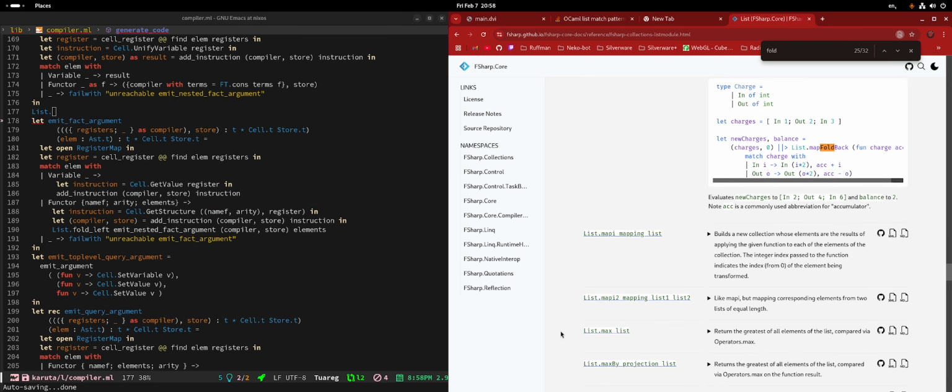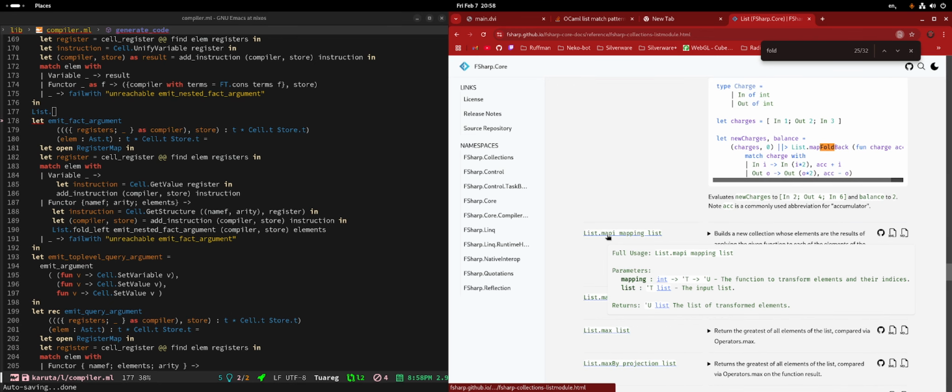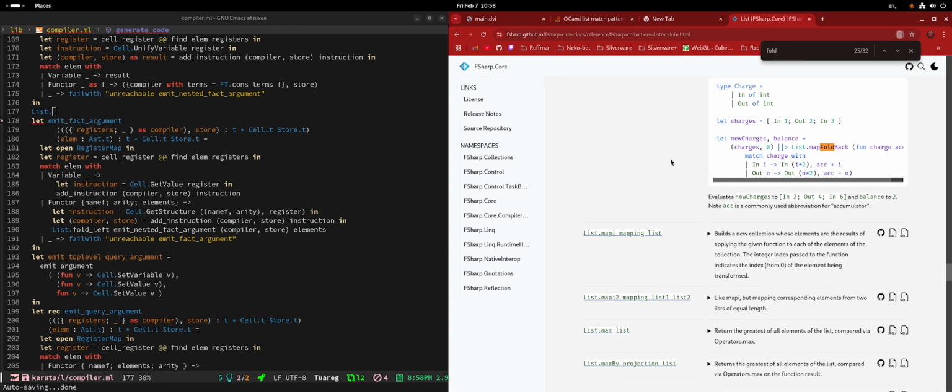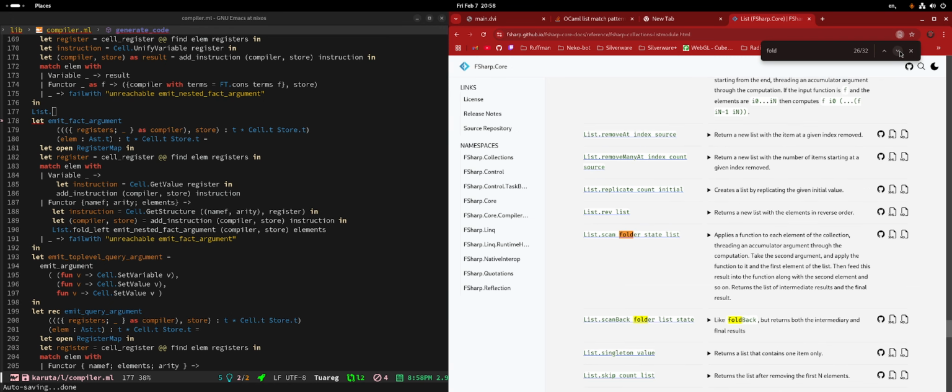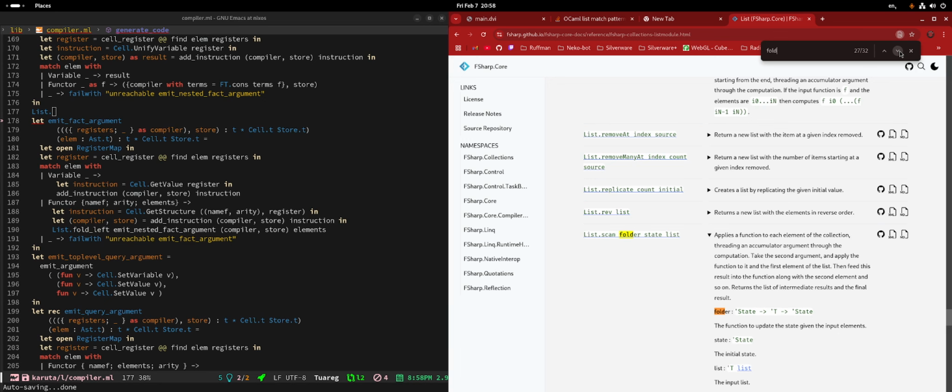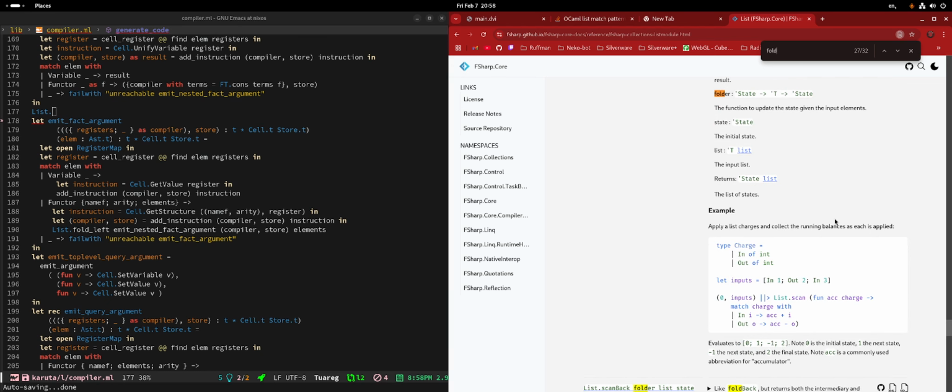Actually, they have MapI, which is also unavailable in OCaml. But I don't think they have foldI. That is pretty sad. They haven't figured this out to this day.